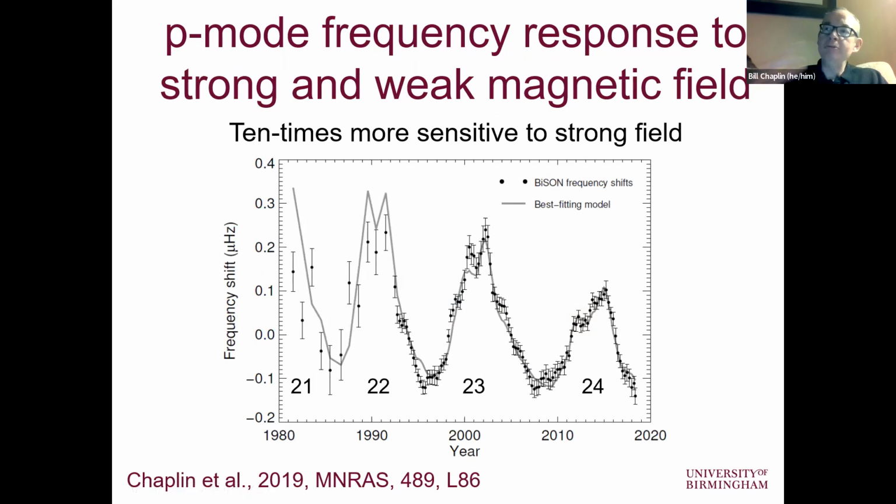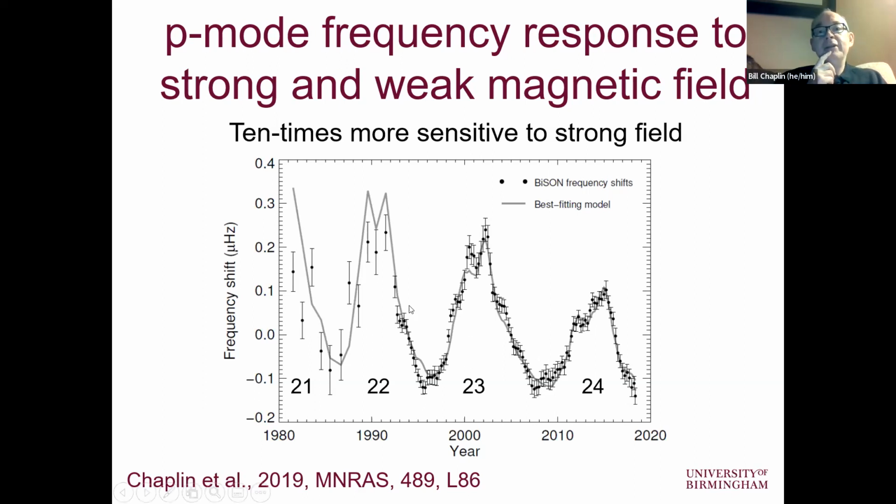Remember this plot I showed in the model I mentioned, where we tried to model the frequency shifts in terms of some combination of sensitivity to weak flux, so facular stuff in general terms, and sensitivity due to strong field stuff, sunspots. Now, because we can actually resolve the sun, we can from magnetograms work out the amount of flux that's tied up in the weaker stuff, the amount of flux that's tied up in the stronger stuff, and therefore do a model regression of the frequency shifts on a model that has those two different components.